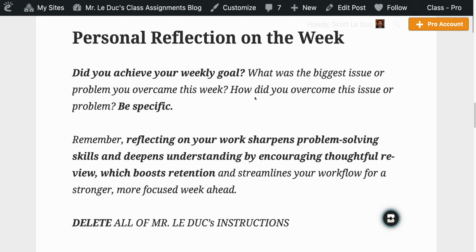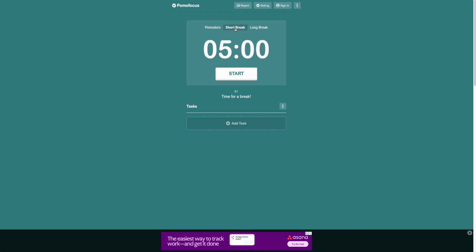How did you overcome this issue or these issues or problems? Okay, be specific. When you reflect, what happens? You know what that is? That's a Pomodoro timer. I had a timer set and I did not quite get there. So use Pomodoro timers because they're really powerful. And when you have to get stuff done, remember, if I go back here,